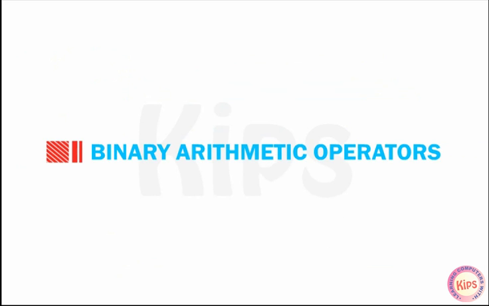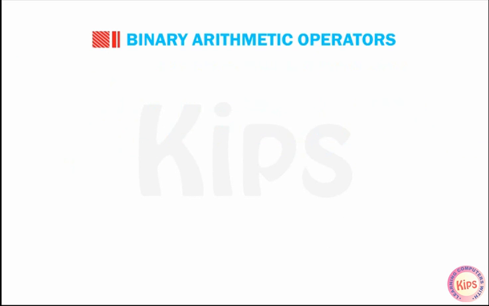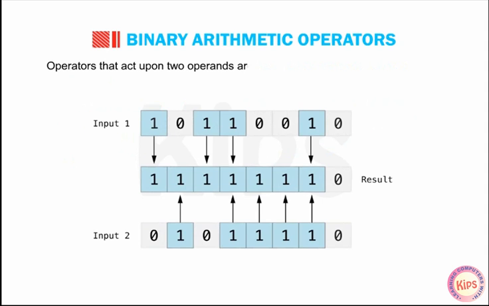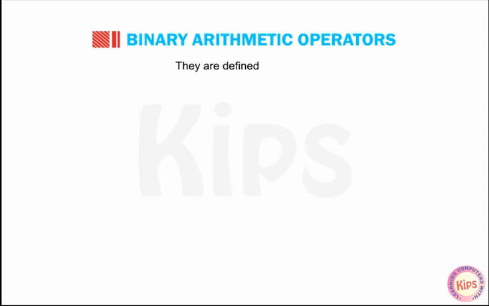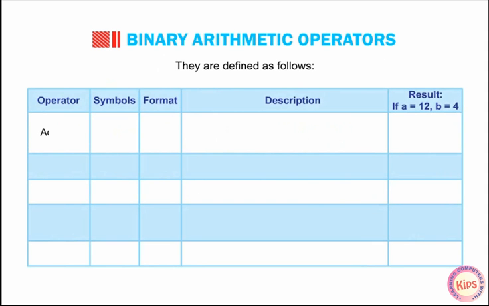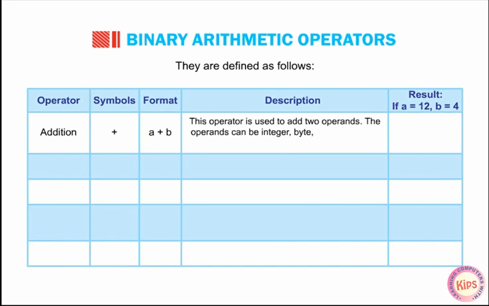Let us understand binary arithmetic operators. Operators that act upon two operands are known as binary arithmetic operators. They are defined as follows. Operator: addition, symbol: plus, format: A + B. Description: this operator is used to add two operands. The operands can be integer, byte, short, long, etc. If they are strings, they will be concatenated. Result, if A = 12, B = 4: